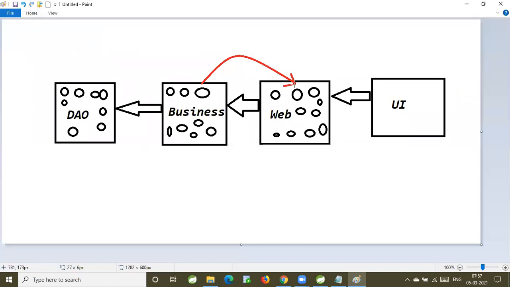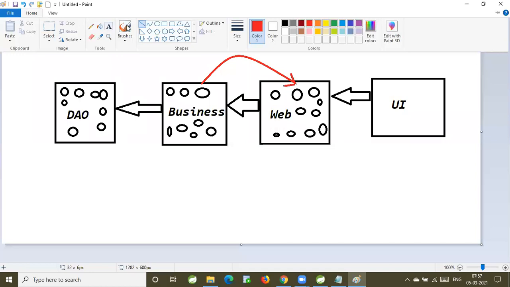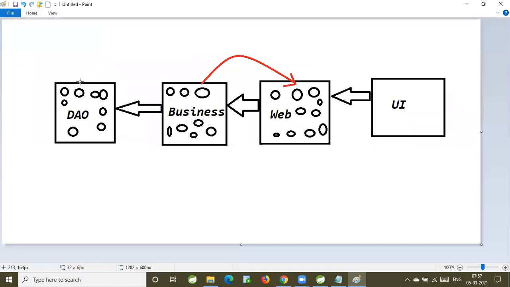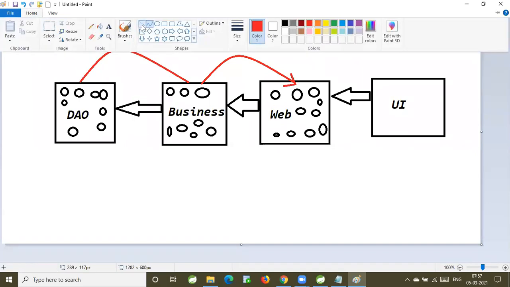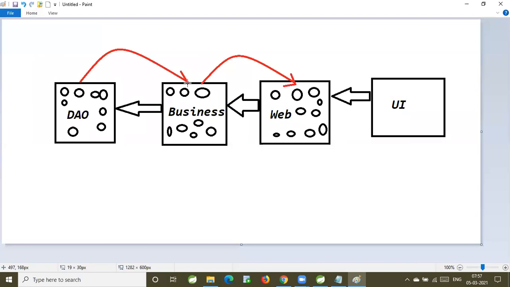IOC will do this. Similarly, if a business component wants to call the DAO component, the DAO object should be injected into the business component. That also will be done by IOC. The dependent object will be injected into the target object.